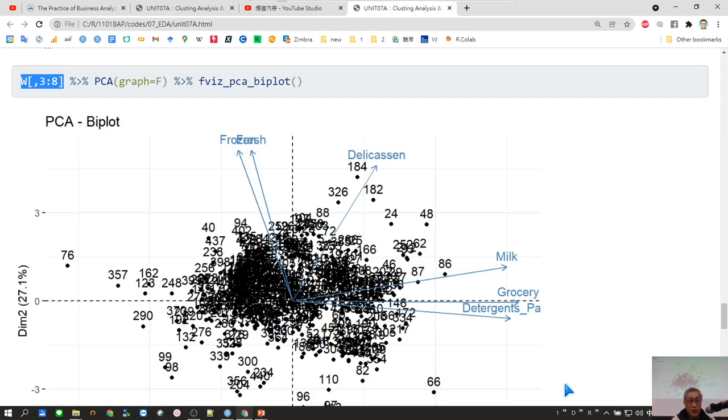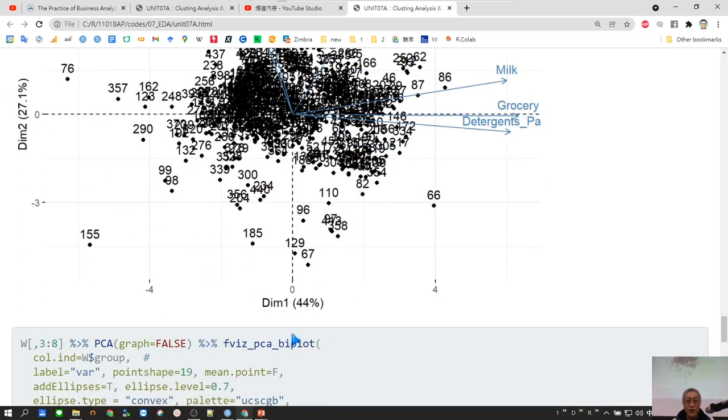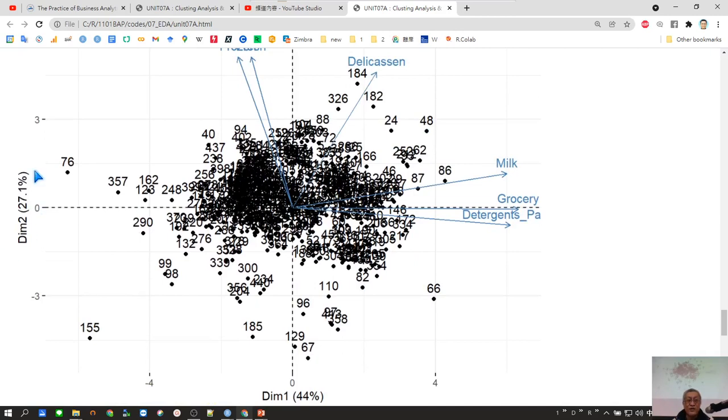So the PCA algorithm tries to find a way to compress so that after the compression, the amount of information retained in the lower dimensional space is maximal, right? In this case, it can retain 44% in dimension 1, and 27% in